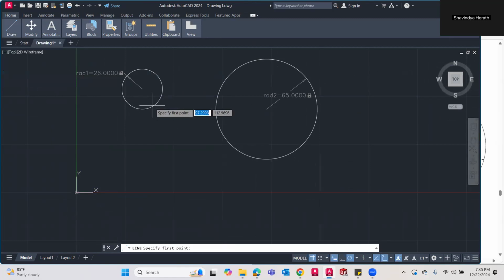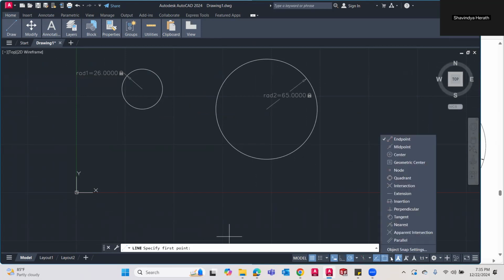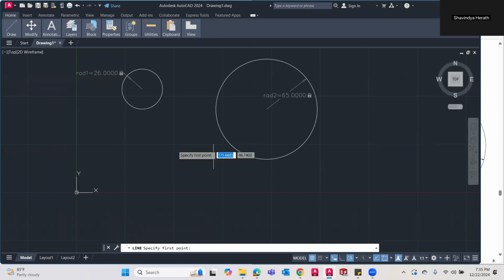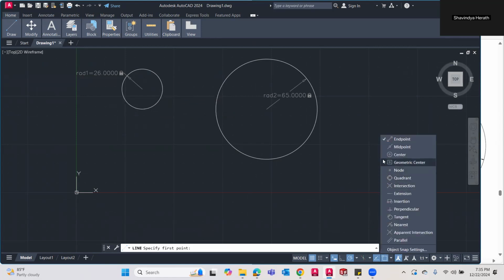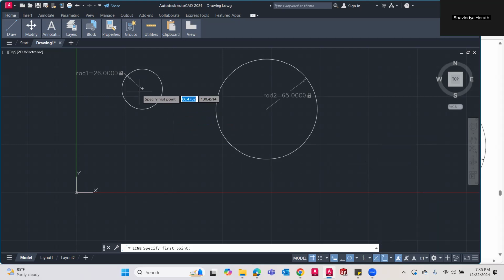I'm in the line command, and then I have to start the snapping. This is the circle center point. I have to turn it on. And then this is my center, and I'm just drawing a line like this.